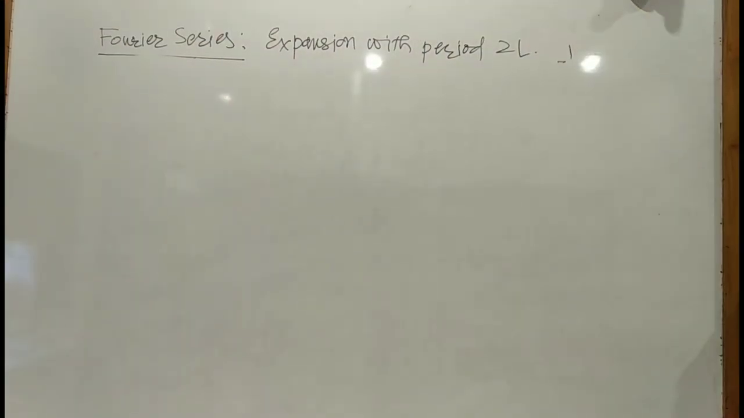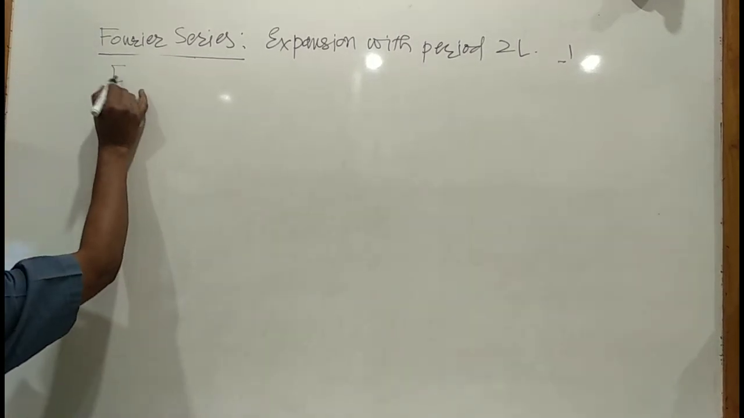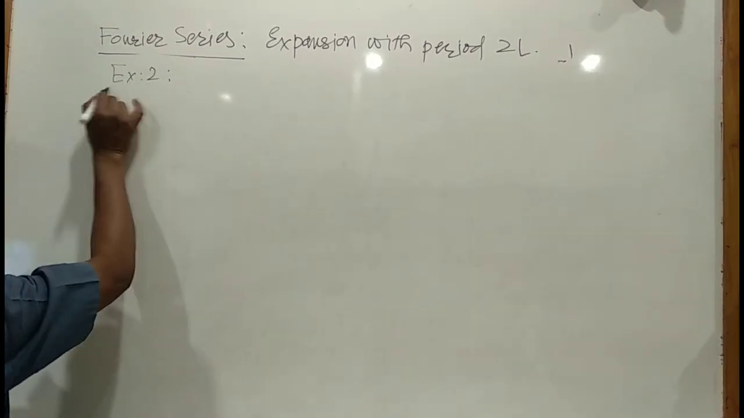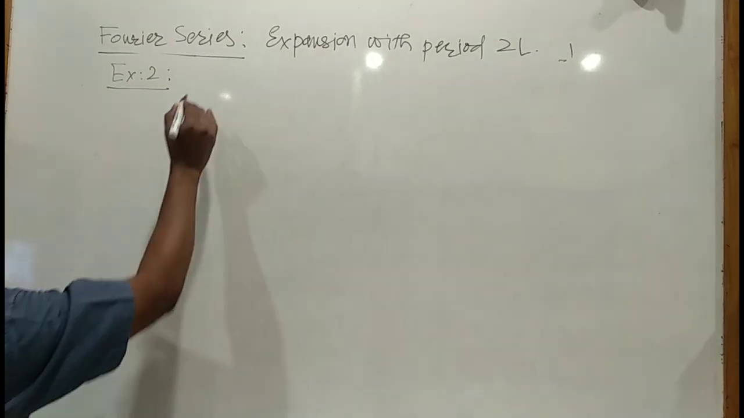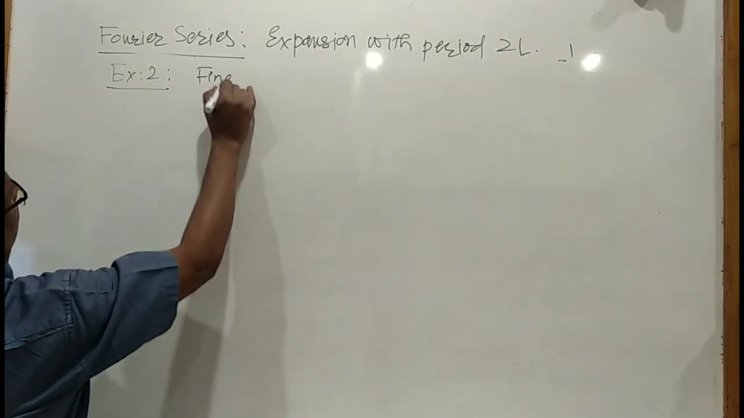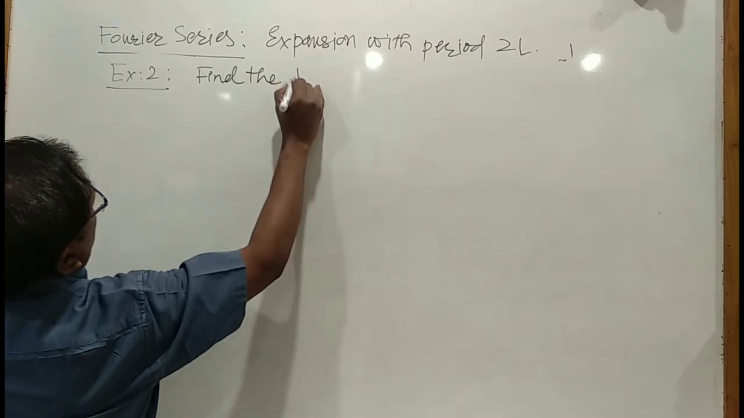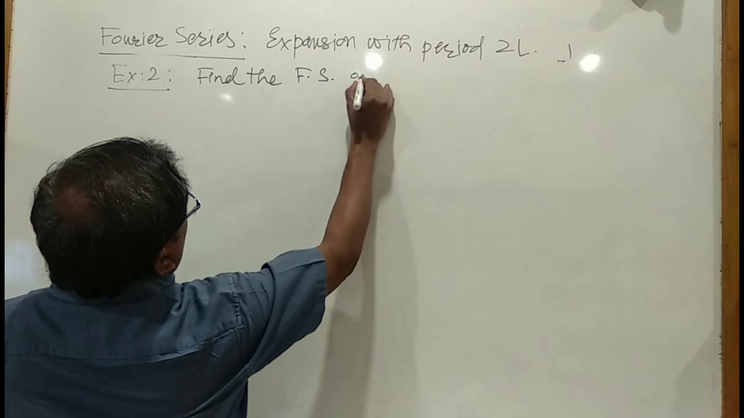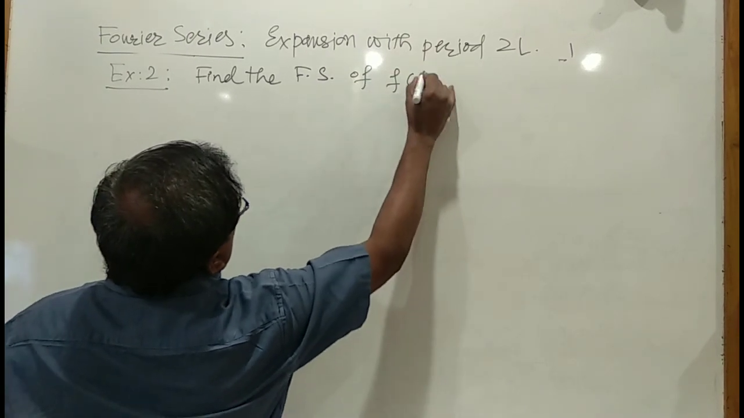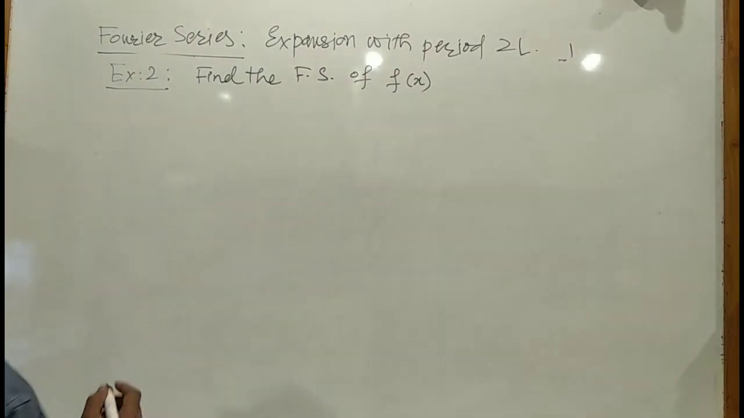Let us see second example. Example number 2. Expansion with period 2L. Find the Fourier series expansion of the function f of x, which is given by f of x equals to